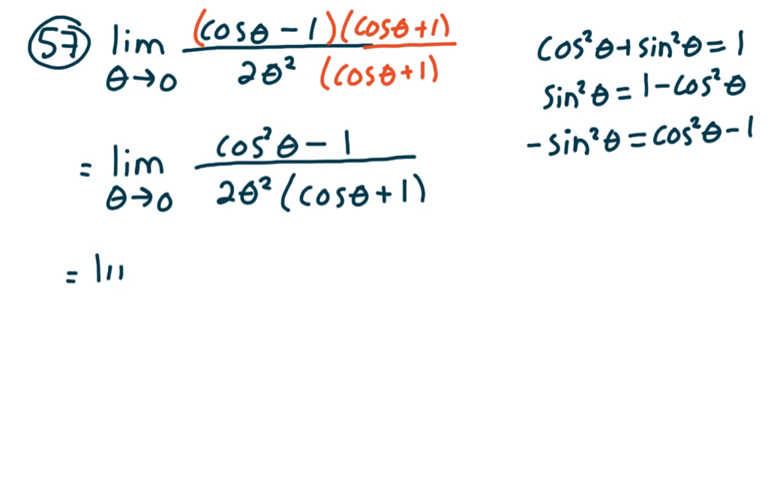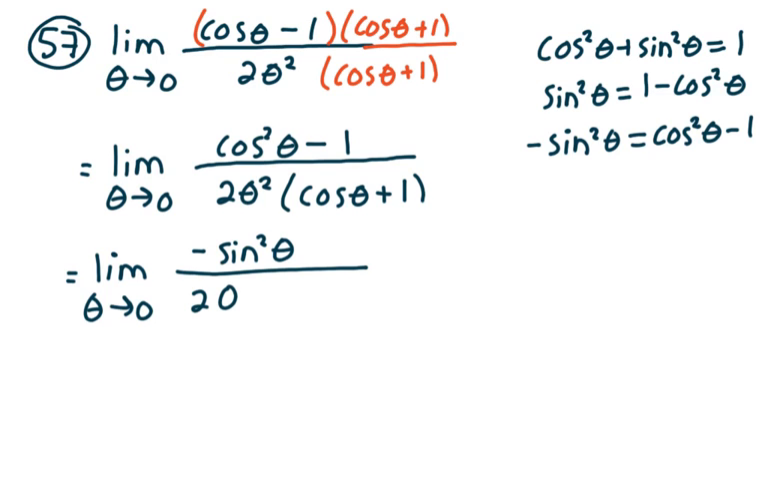And so this is the limit as theta goes to 0 of negative sine squared theta divided by 2, and then I'm going to replace theta squared with theta times theta, times cosine theta plus 1. Now I'm going to pull a negative half out in front of the limit, okay? And so we get negative 1/2 the limit as theta goes to 0 of